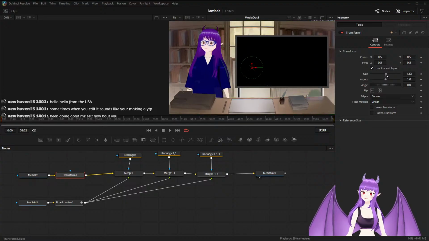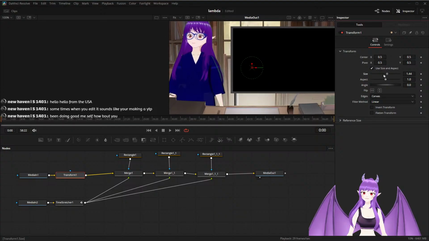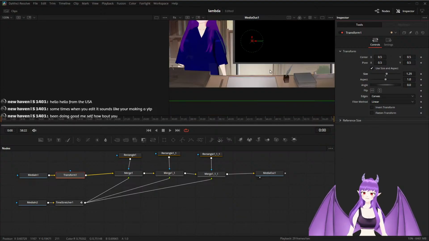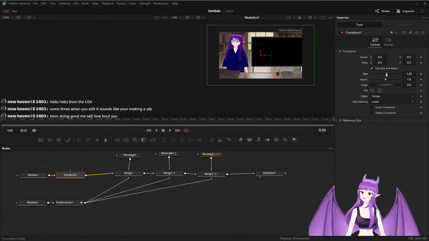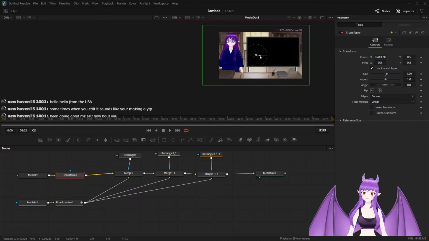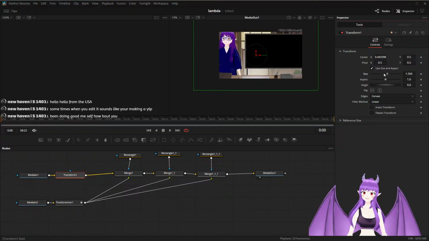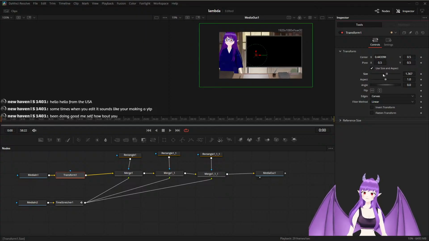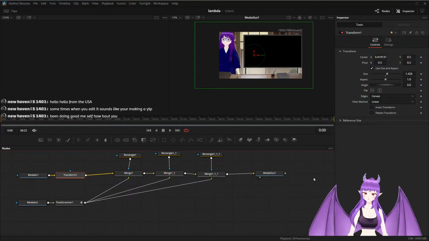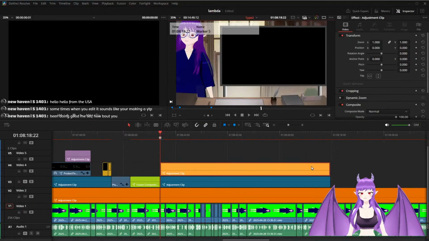Now we can use it to zoom in a little bit closer. So the excess space, it's not there, and that means,